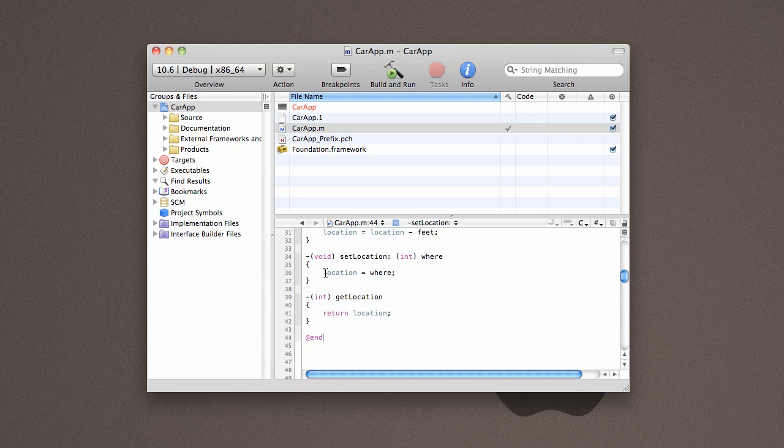SetLocation, all that it does is set the location instance variable equal to what it's passed, this where variable. And getLocation just returns what the location is. That's it. Very, very basic. Very simple to write, very quick, but you've got to keep in mind what happens if you have 30 variables in an object, or excuse me, 30 instance variables in an object. It's possible. So it gets very tedious and very difficult to go through and continuously write all of these simple